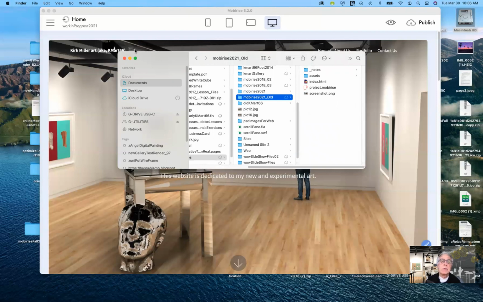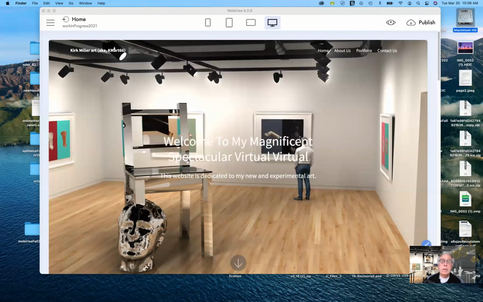You have to know and remember where it is. You can name the folder whatever you want. It's really not important. Now, before you publish it, meaning upload it to your host, you need to